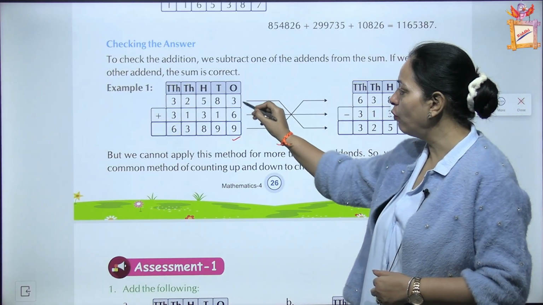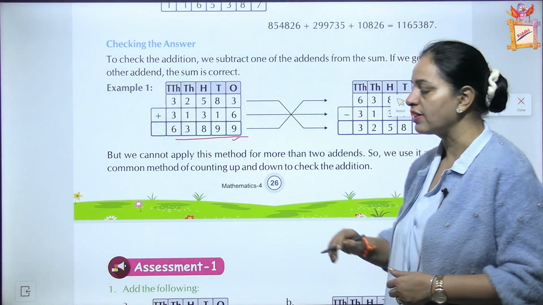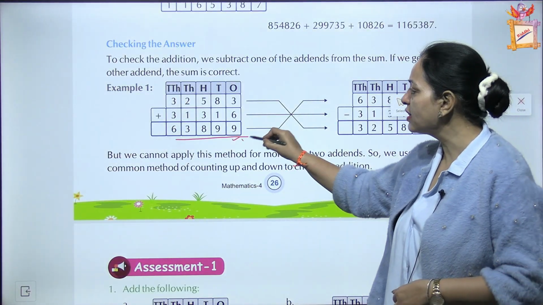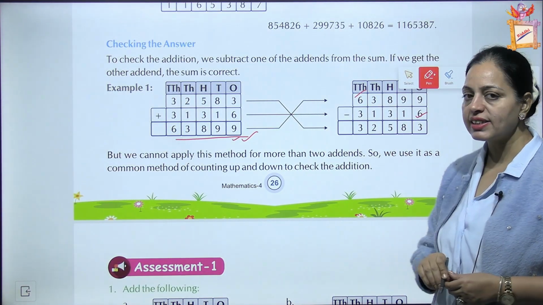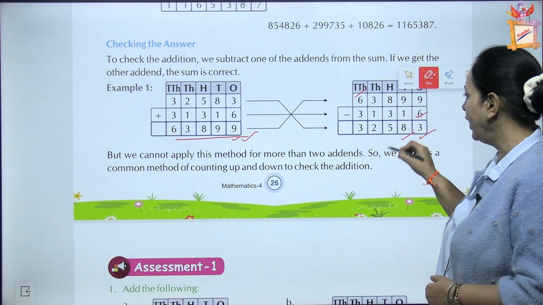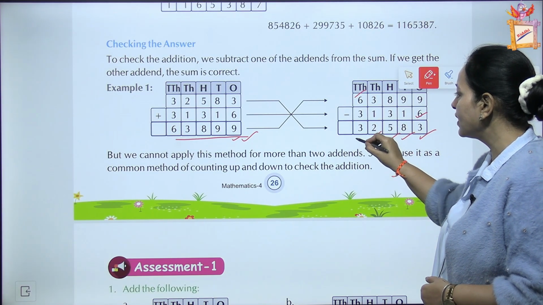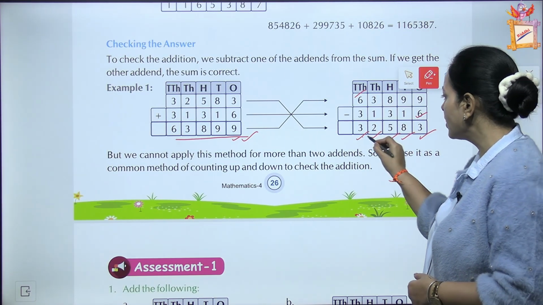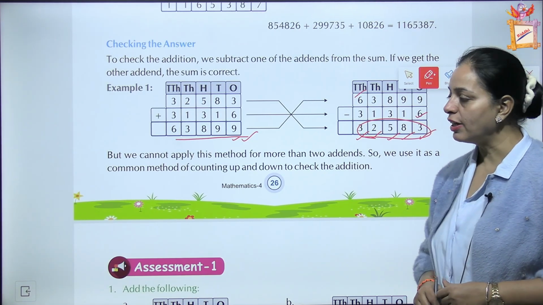Like this. Here we have 2 numbers. We are adding these 2. This is the result. Now what to do? From this result, subtract one number. Second number को ही minus कर दिया. We are getting 9 minus 6, 3. 9 minus 1, 8. 8 minus 3, 5. 3 minus 1, 2. 6 minus 3, 3. So this is the first number. Okay. I hope this is clear to you.